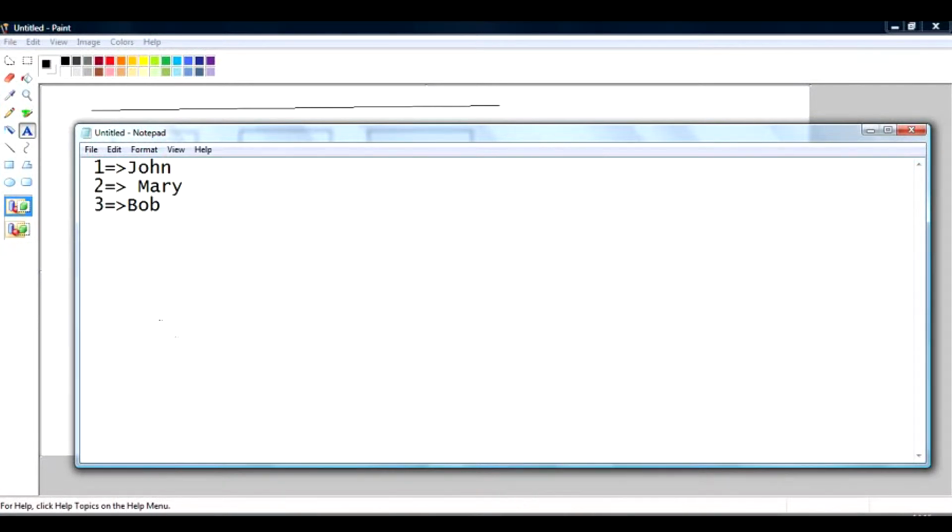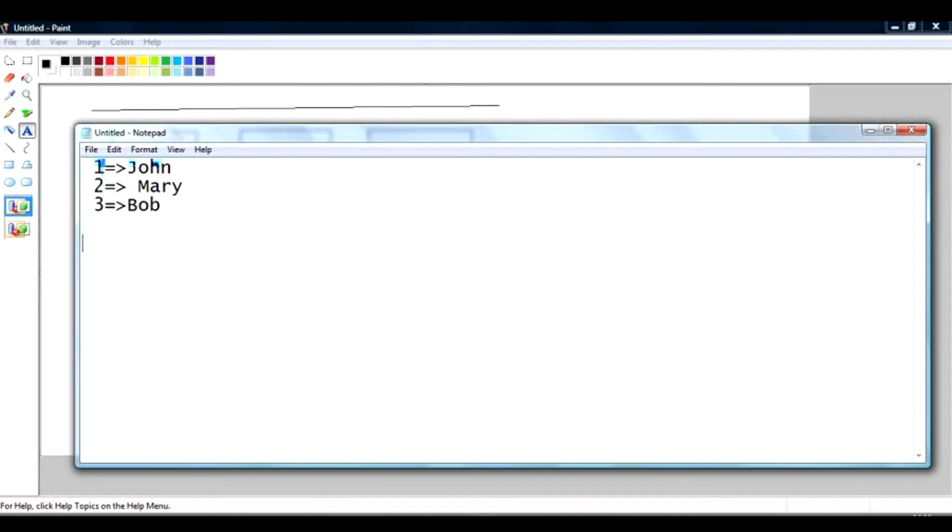So basically a PHP array is just defined like this: 1, 2, 3, and then the values. If you don't give the keys in a PHP array, they are implicitly taken starting from 0, 1, and then 2, 3, and so on.